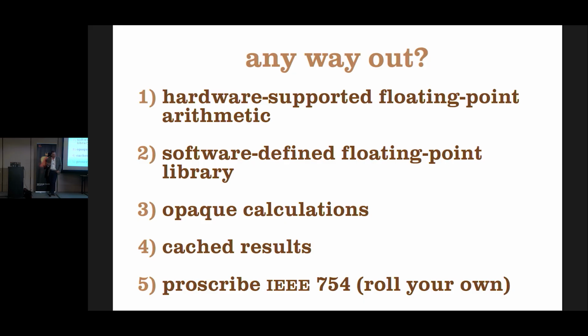So, as I see it, there are sort of 5 avenues of investigation. We can look at hardware, we can look at software, we can look at treating it as what I'm calling an opaque calculation, which means treating it like a network call, where I'm sending data out and getting data back, but I'm agnostic about how that data are obtained on the other side. I can cache the results, which is an interesting approach that was used by Sun's Spark architecture in the 90s. Or we can do something else entirely. Let's not do 754. Let's do something else. All of these have compelling reasons to pursue them.